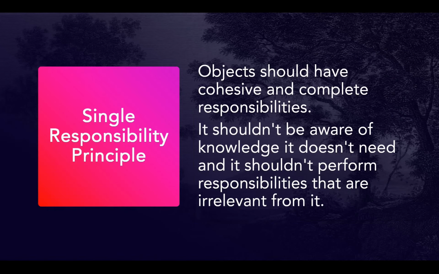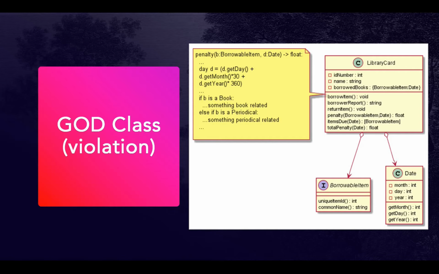So, objects should have cohesive and complete responsibilities. I'm just going to repeat what I said a while ago. It shouldn't be aware of knowledge it doesn't need to be aware of, and it shouldn't perform responsibilities that are irrelevant from it. So, one of the canonical examples of violations against the single responsibility principle is the concept known as God class. A God class is a class that basically contains all the attributes and methods of the whole